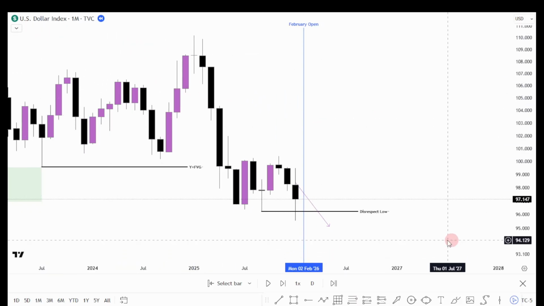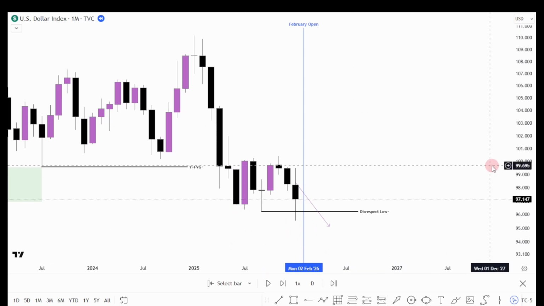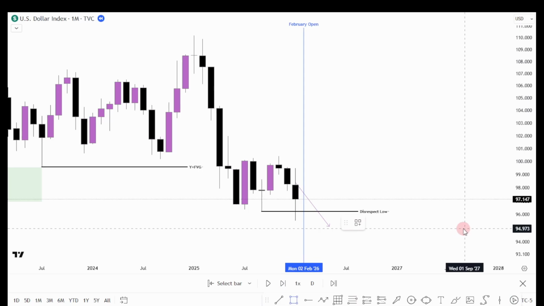Okay, this is the monthly chart before February open, and this is what it says. And alright, I've been complaining about it for the past 6 months in my articles on LinkedIn and Substack, which you should check out. I covered the year of 2025 in weekly articles. They're fantastic. If you're a reader, you will like it.